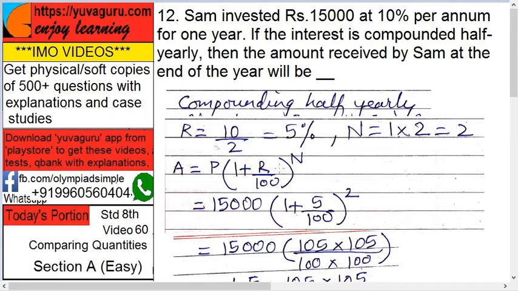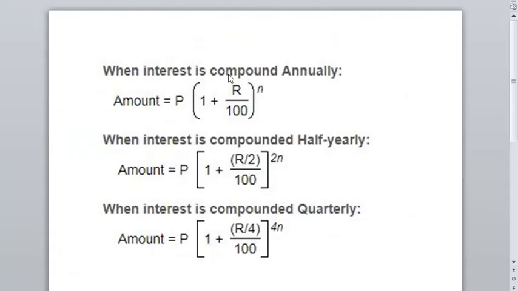Now there is one catch in this. In this question, it is given that it is compounded half yearly. Now see here, one important part. When interest is compounded annually, means percent per annum, in that case the formula used is this: A equals to P into 1 plus R upon 100, the whole raised to N. Remember? Now, if you are doing it half yearly, means what? Every 6 months you are giving the interest.